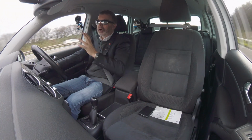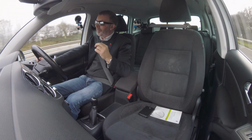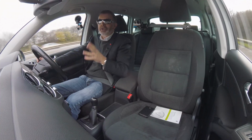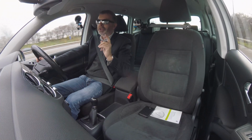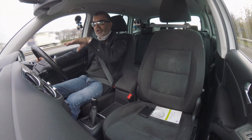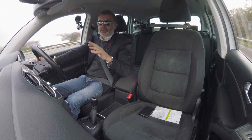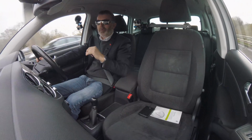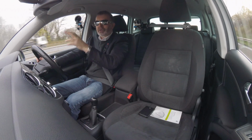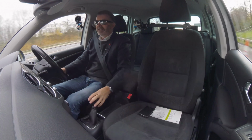Or a few months ago, there's a particularly narrow bridge at Plungington that I was going through. Basically, you can get one car through. There was a car waiting the other side. I went to go into the tunnel, I had right of way. Of course, because it was darker, my headlights came on. The guy at the other side thought I was flashing him, and he set off. So, you know,